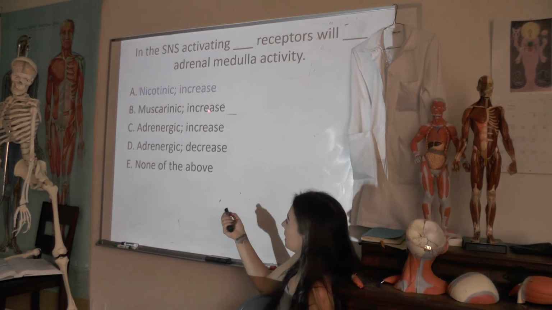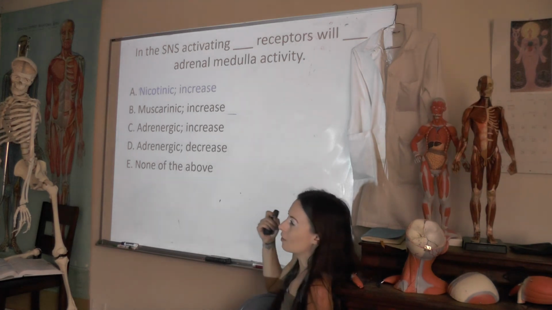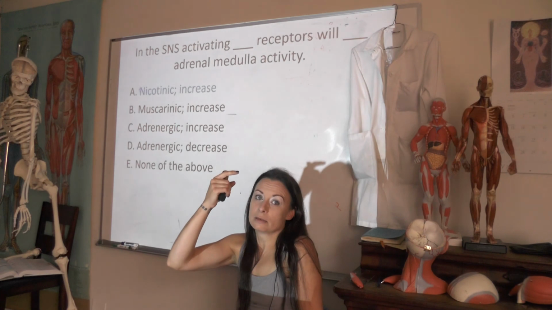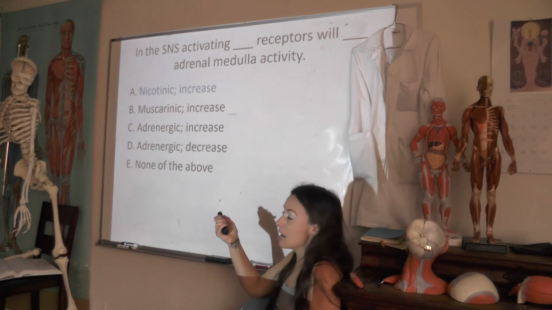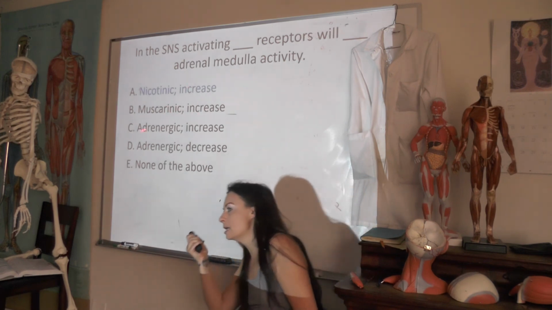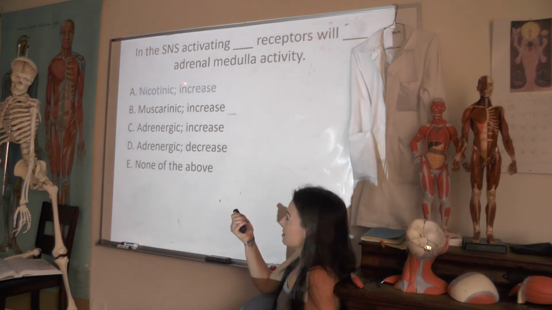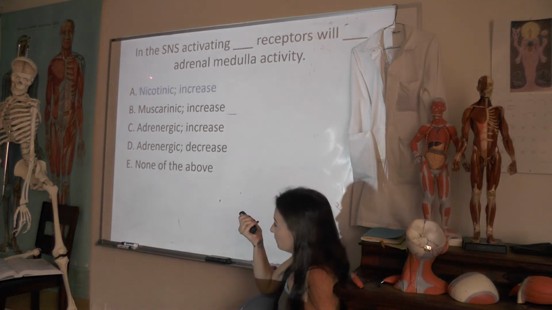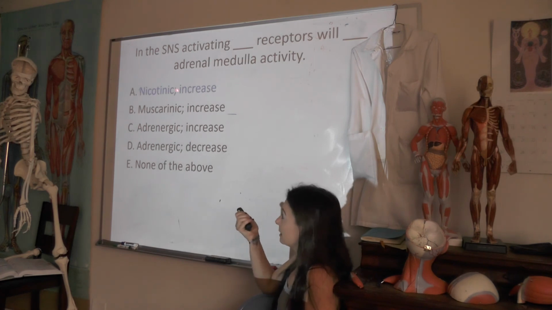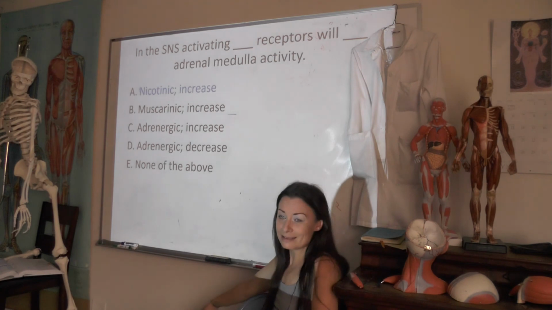Here, it's going to be nicotinic and increase, and this is weird because you might say, well, wait a minute, I thought nicotinic receptors were only on preganglionic neurons, because the muscarinic receptors are on targets, right? Right. And I would say, well, yeah, except for this one exception where the preganglionic neuron extends all the way away to the adrenal medulla and directly causes epinephrine release, and it's a cholinergic neuron releasing acetylcholine, which is binding to a nicotinic receptor on that target that is increasing the adrenal medulla to release epinephrine and norepinephrine. I think that sentence came out right.